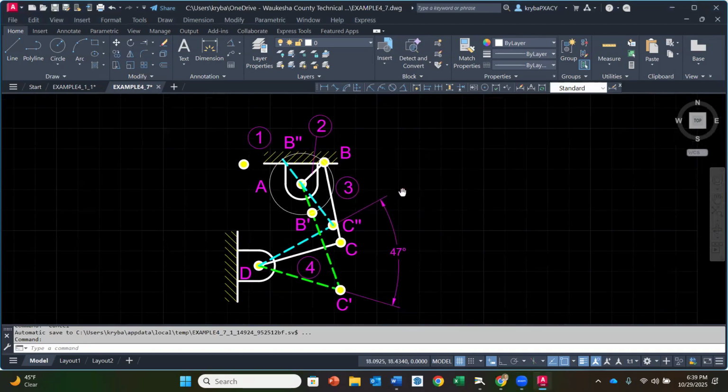Any other questions? All right. If there aren't, what we'll do is we'll take about a 15-minute break, and then we'll come back and do our last example. So I will stop the